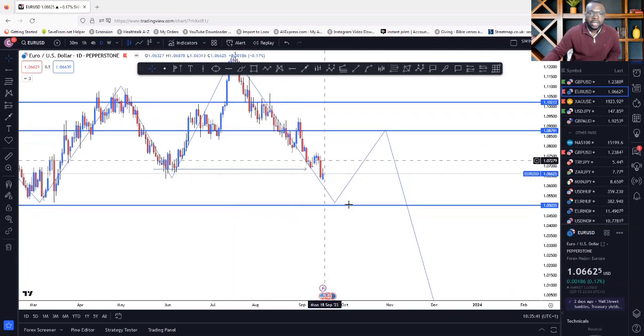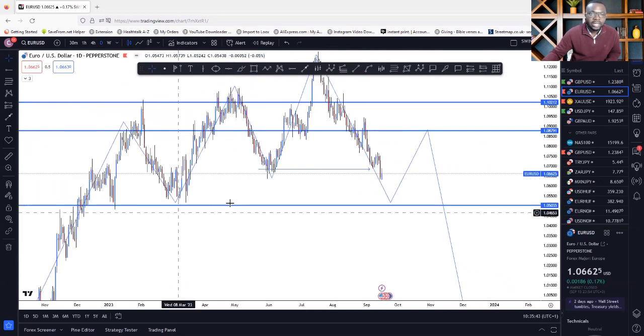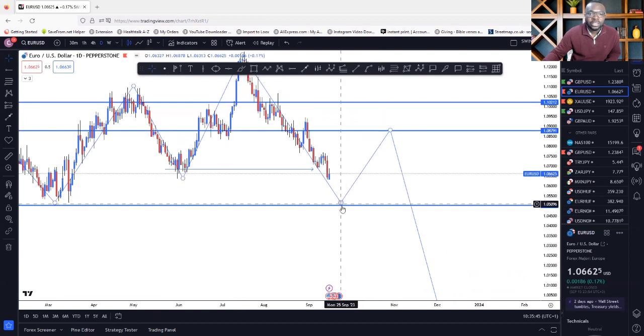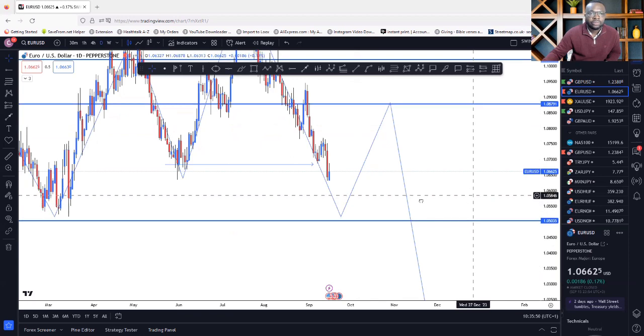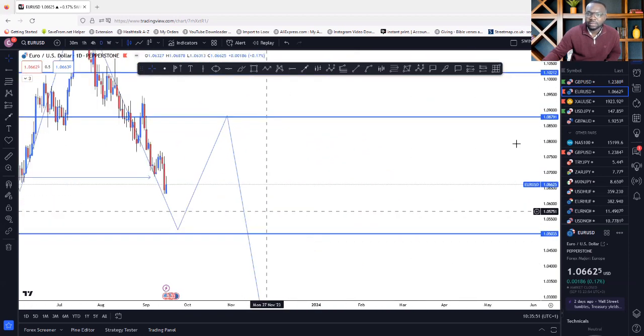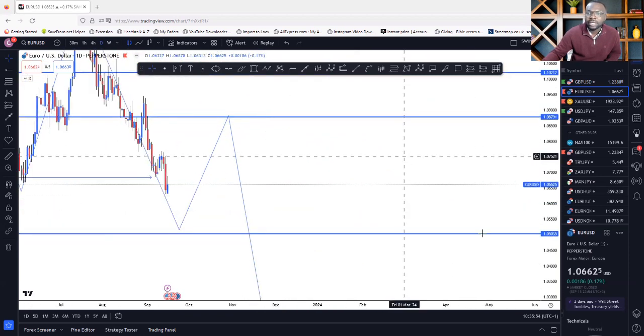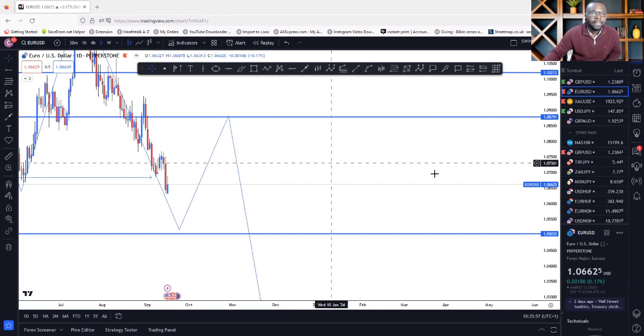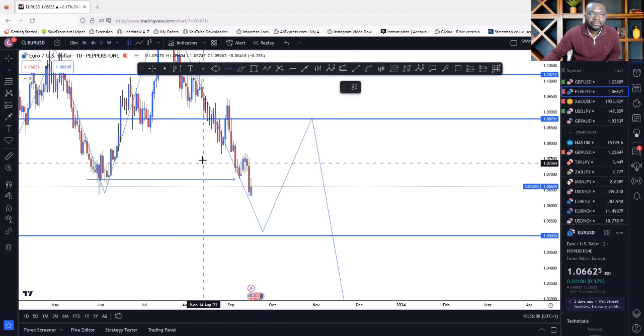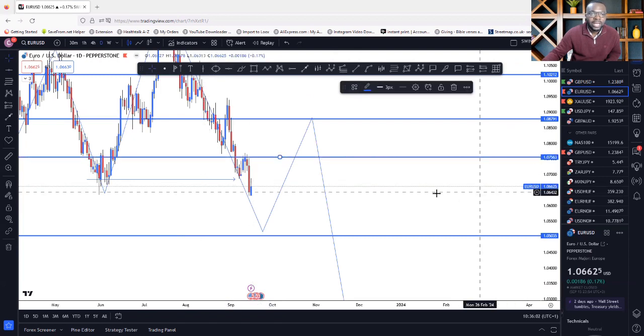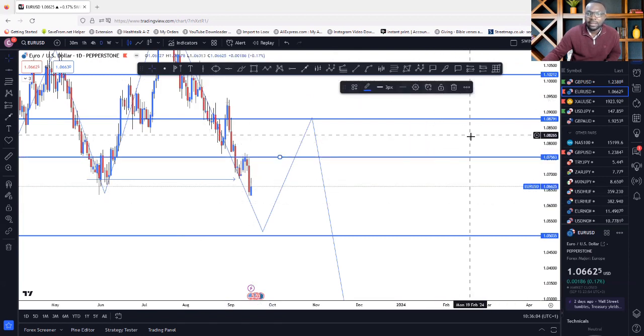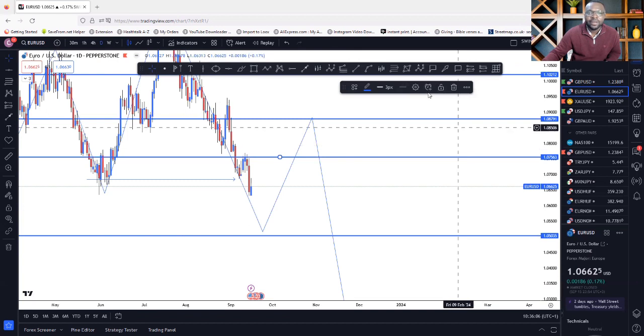So there's a possibility, that's what I'm saying, that the market wants to still come down to this low. So what would you do? First of all, you can see that on this level here, we have a minor psychological level where price may eventually come back to. That's 1.07500, a minor psychological level.